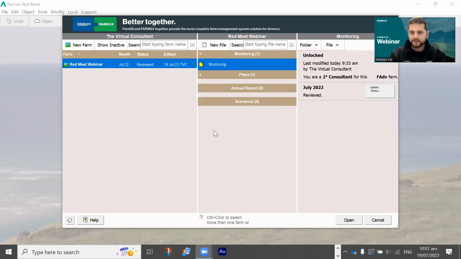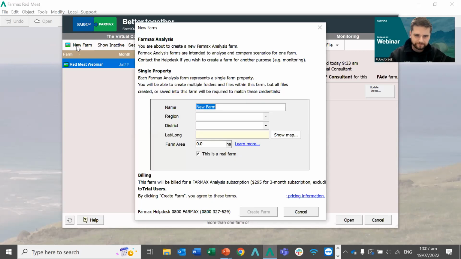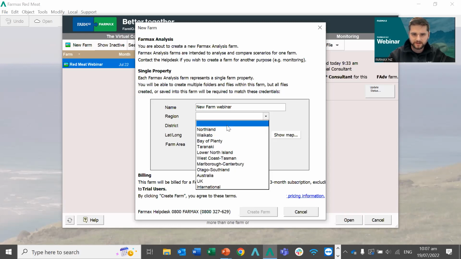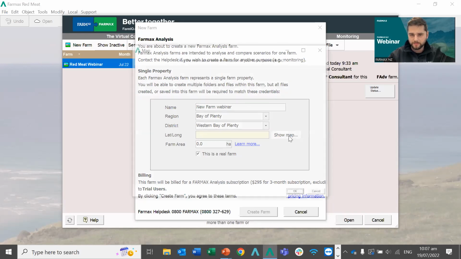Now, one of the things we've added, if you are going to create a new farm, so I'll just click new farm up the top left here. We've added a new input when you create a new farm, and that input is to do with your farm's location. So let's just call this new farm webinar. I'm going to say that this is in the Bay of Plenty. Let's go for Western Bay of Plenty,